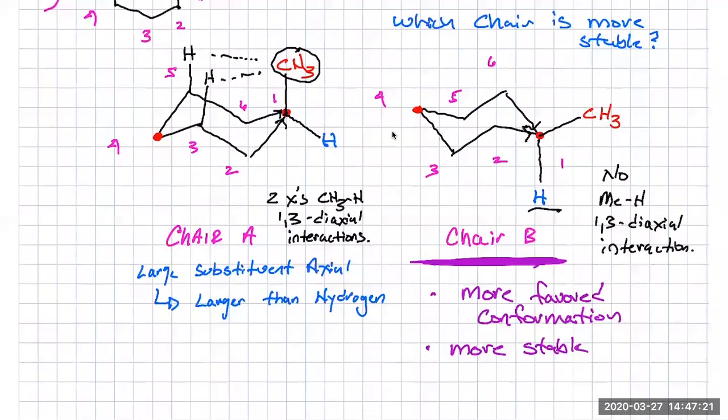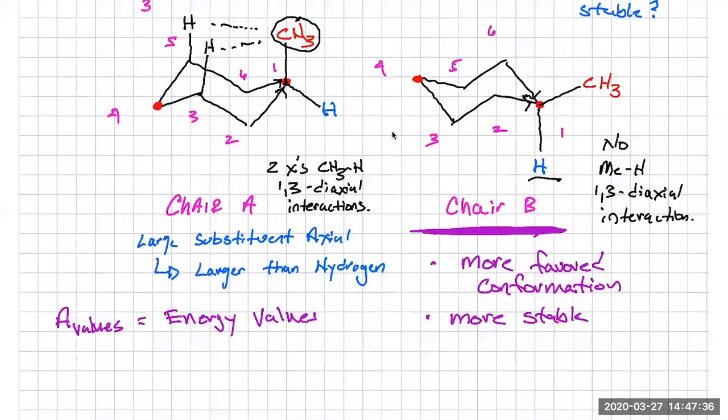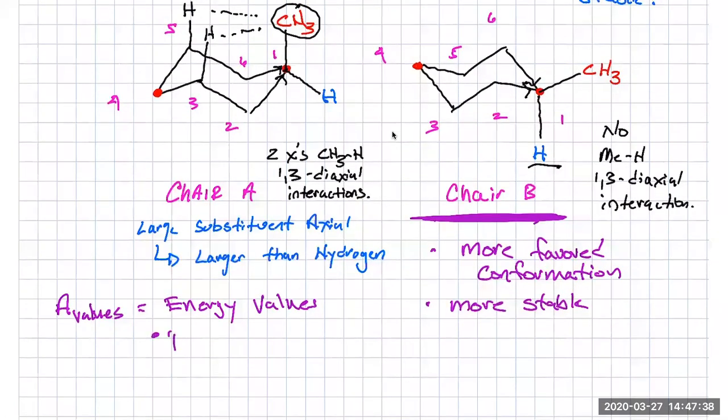So A values are basically delta G values. These are just energy values. The way I like to think about them is it's the penalty for placing one substituent axial